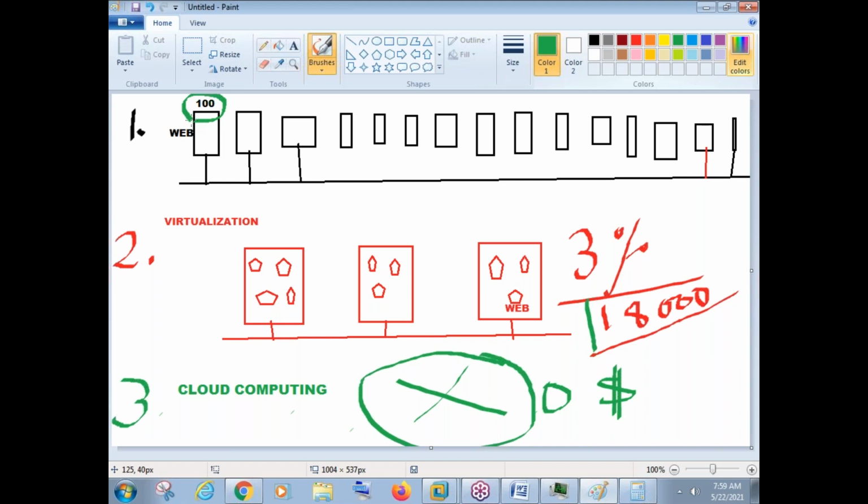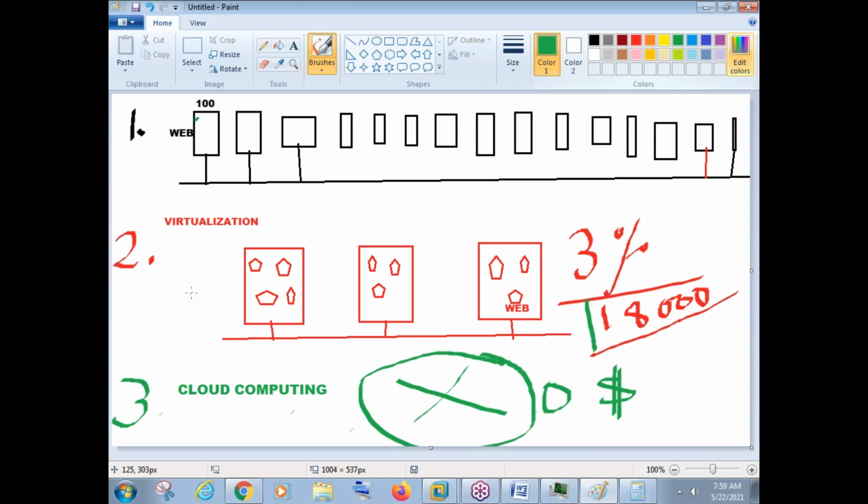So they are not taking some more physical servers. Whatever new servers they need, they will go to cloud computing. So these 100 servers are running on the physical machine and some new servers are running on cloud computing. Like this, slowly and steadily, all these servers are moving into cloud computing because it is cheap.